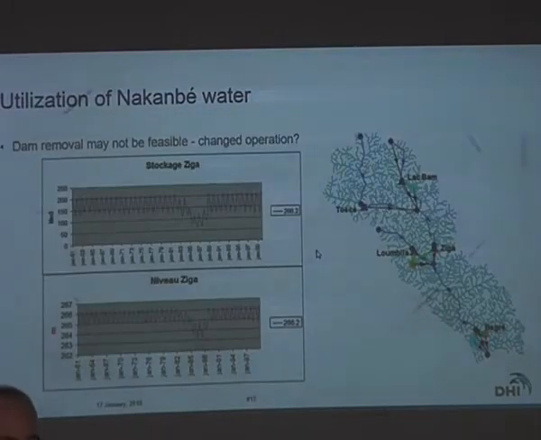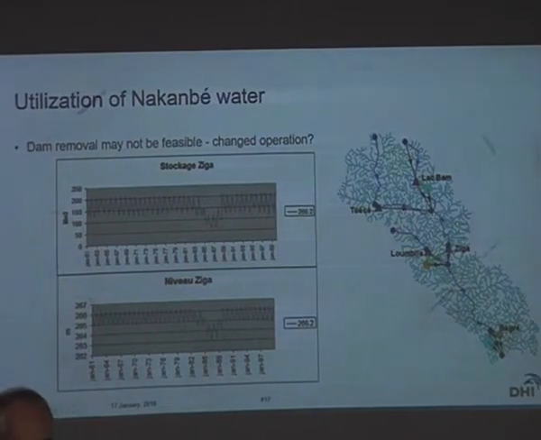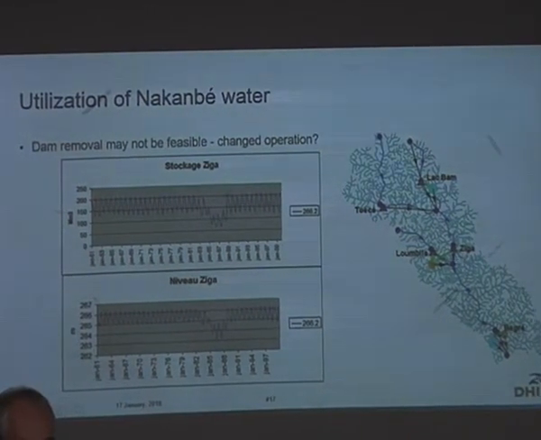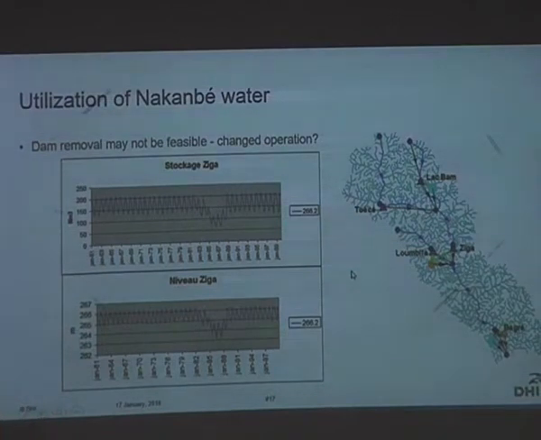So how about changing the operations? This new reservoir, Sika, once they made that, the first thing they did was to fill it up. And of course, they invested a lot of money and they want to see that. And they actually filled it up even before they had the pipeline to the town ready. So it would fill up and spill, right? So a nice big lake, very beautiful, all that, planting trees and so on. Sitting there evaporating, right? With 200 million cubic meters of water. And you still had the town water supply being 14 still. Increasing, but not near 200,